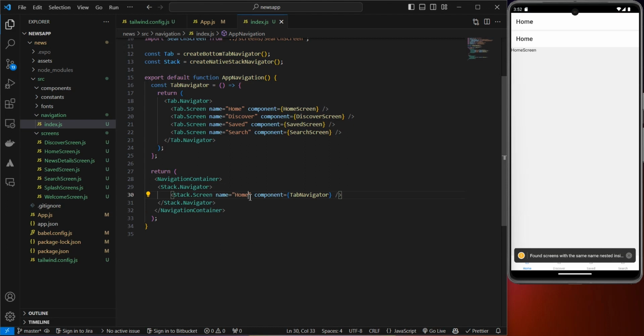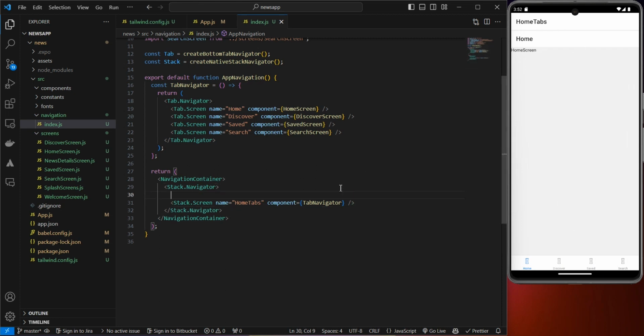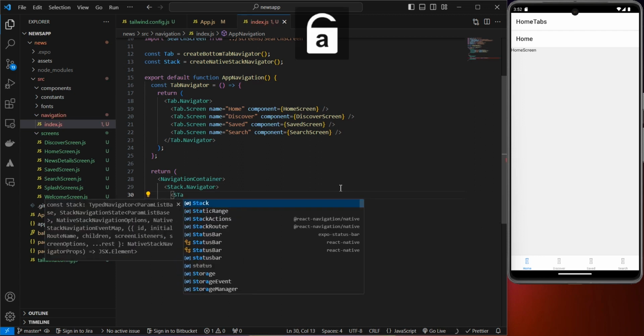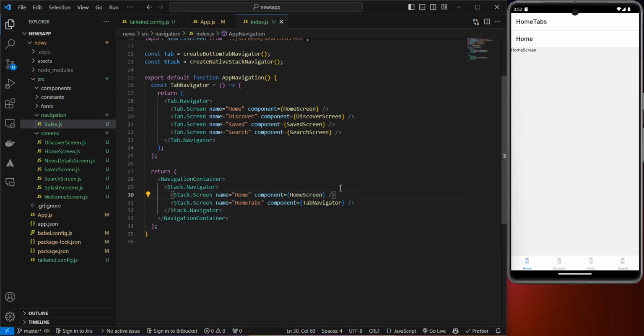And this is going to be called home tabs. As you can see, all our bottom tabs right here, and you can see it also. So next thing I'm going to import is, say I want to also have a stack dot screen, but this is going to be called splash